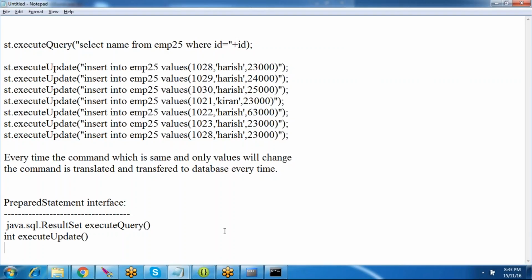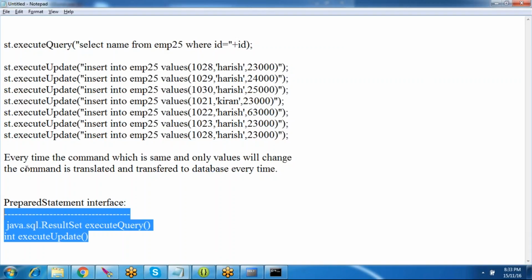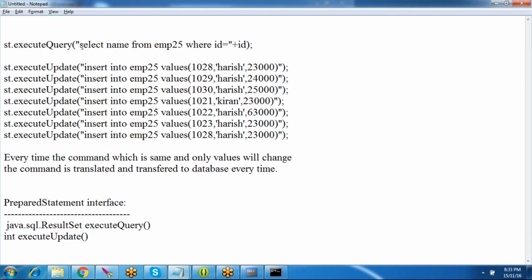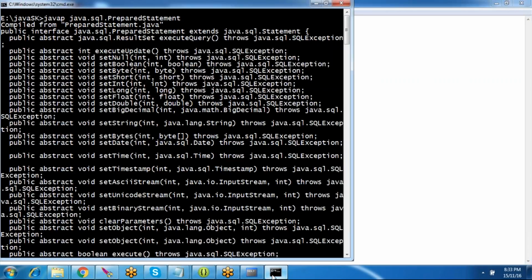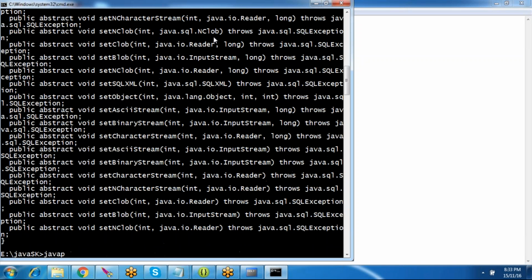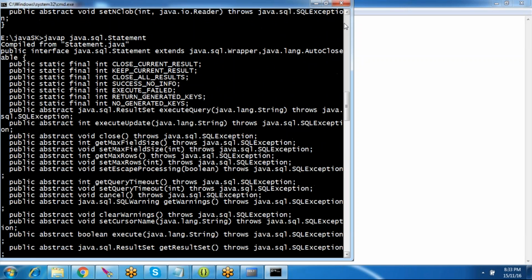So what is the difference between prepared statement execute query and update and statement execute query and update? If you see here, there is no parameter inside the execute query, there is no string parameter, whereas in the java.sql.Statement interface you have parameters as string,